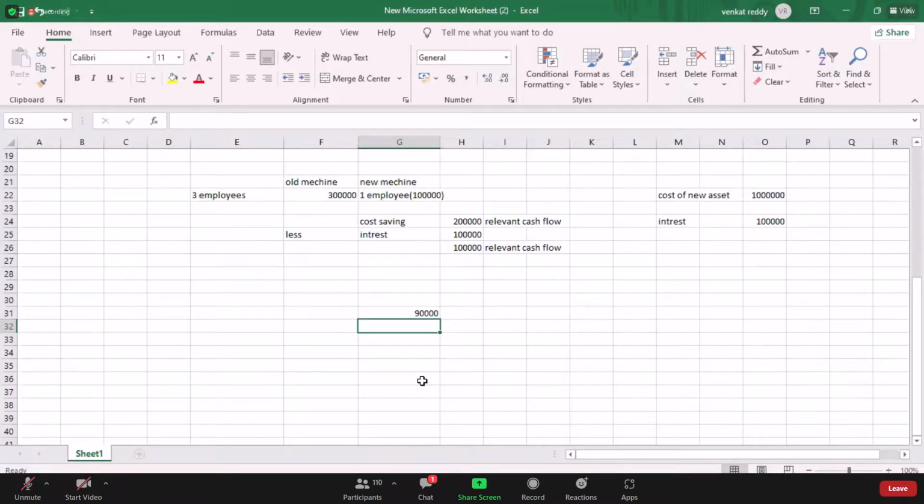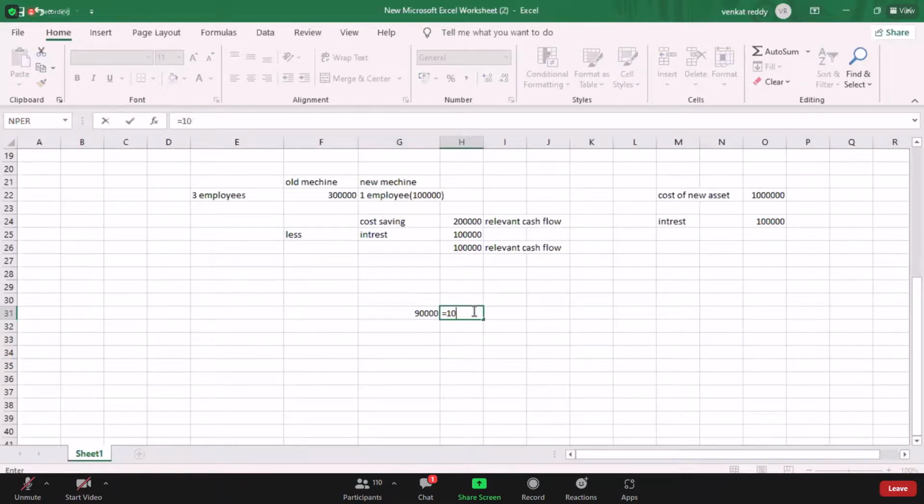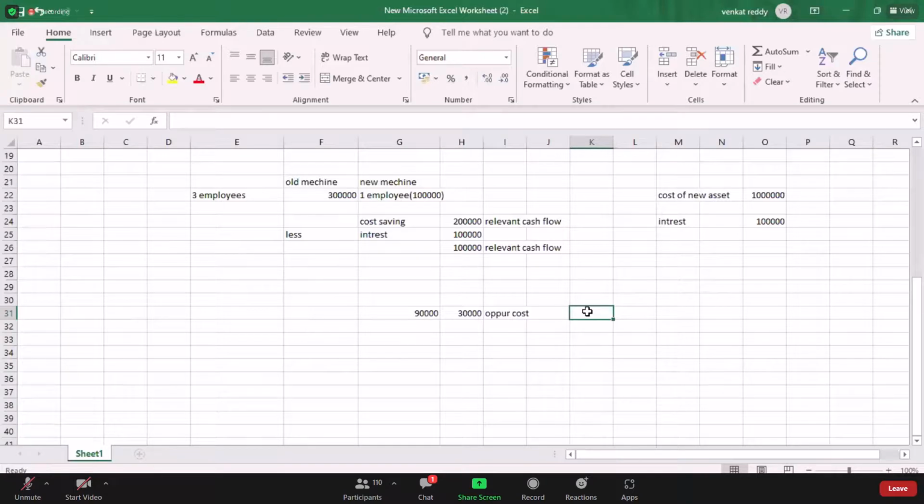Now in this case, how much am I incurring? 1 lakh towards the salary and 1 lakh as interest. It means instead of claiming an expense of 3 lakhs, now I am claiming an expense of only 2 lakhs. So on 1 lakh, I am missing my tax advantage. That is 1 lakh into 30%. So this 30,000 is my opportunity cost. I hope you understood this.